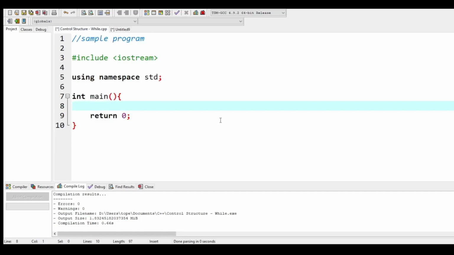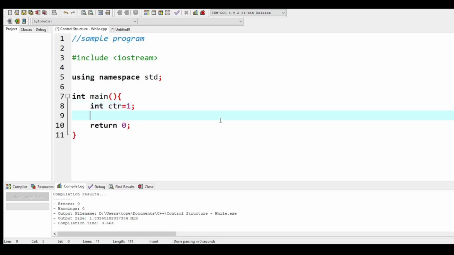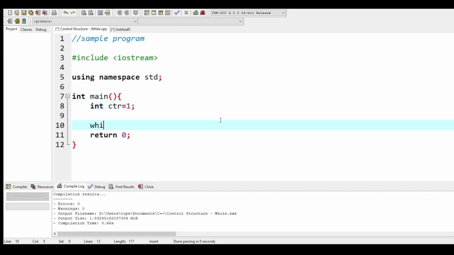Let's try it in our C++ program. We have here the basic structure of our C++ program. We will declare ctr equal to 1, then while ctr is less than 10,